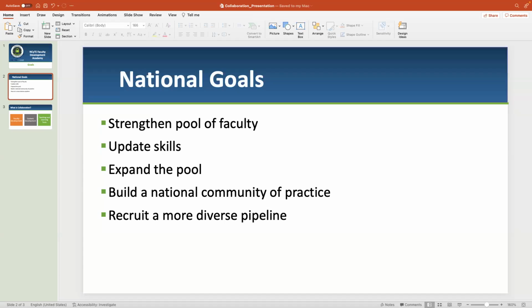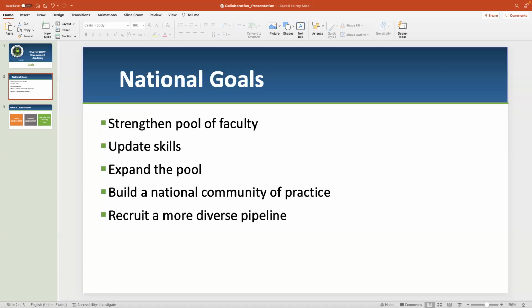The last thing in one of our goals is to make that instructor pipeline more diverse. So we talked about this fellowship program. One of the things that we did in the fellowship program is we actually reached out to historically Black serving universities and colleges across the country, and we specifically recruited a lot of their undergraduate and graduate students to consider careers in education.